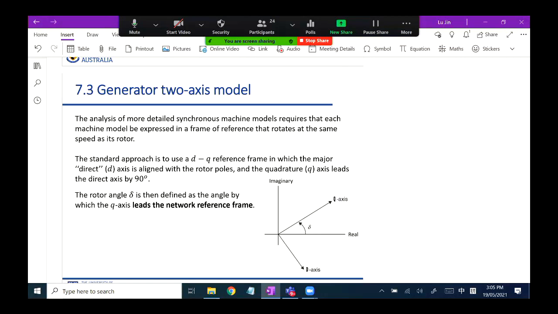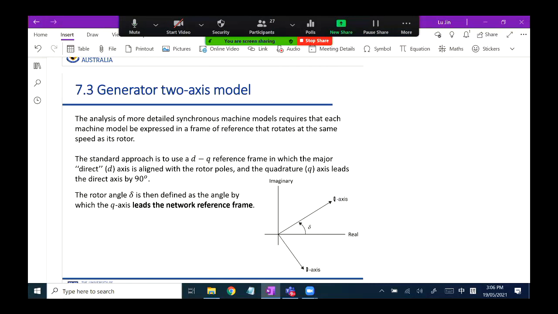The rotor of the generator is rotating inside the generator, but in our past analysis, we always fixed the so-called theta angle. For example, we say the current and the voltage of the generator are given as a magnitude followed by an angle. The angle is the phase angle of the voltage or current, but that angle is referred to a fixed coordinate system,